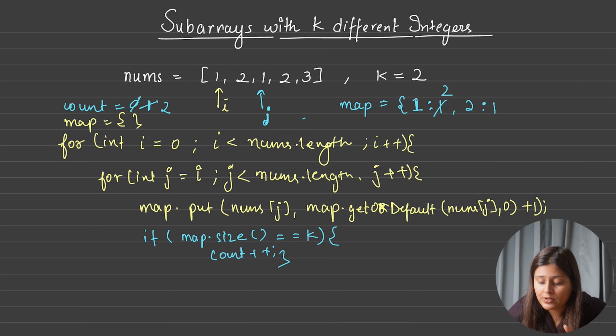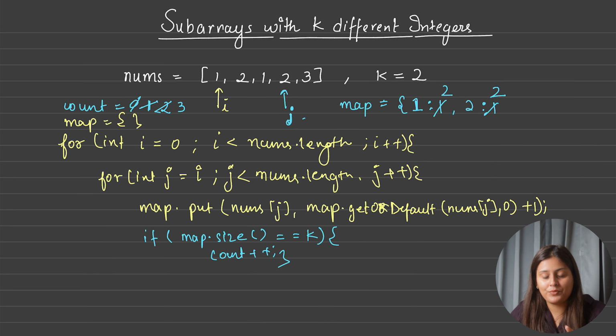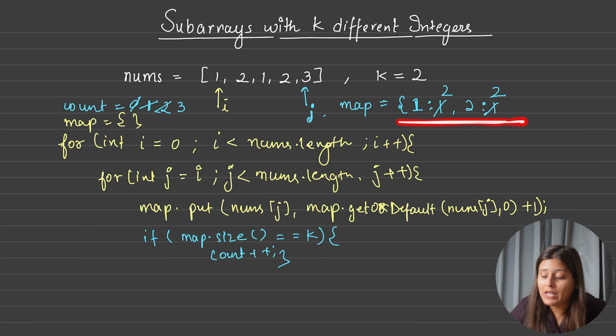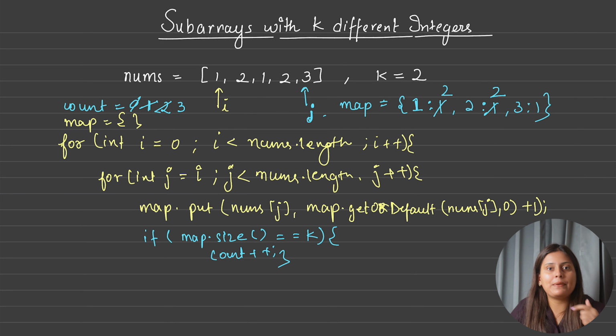Again we will do the j plus plus. So now our j pointer will point to this 2. Again we can see that 2 is already there in the map, so we will only increase the frequency here. Still the map size is exactly 2. Yes, so this if case will run, and we will again do count plus plus. So now the total number of subarrays will become 3. Now our task is to increment this j, and this j will point to this 3 index, correct? So now I can say the j is pointing to the third element and that is not present in the map. So we have to add it with frequency 1, so this if case will not pass because now the size of the map is not exactly k.